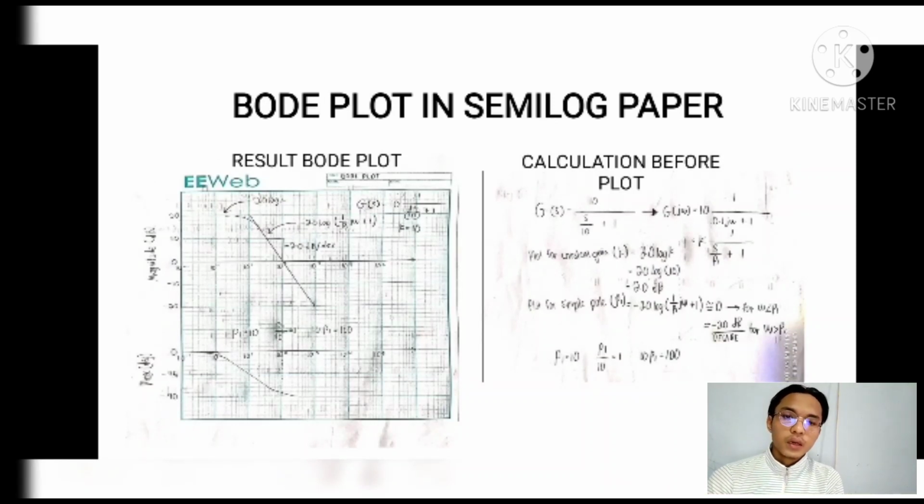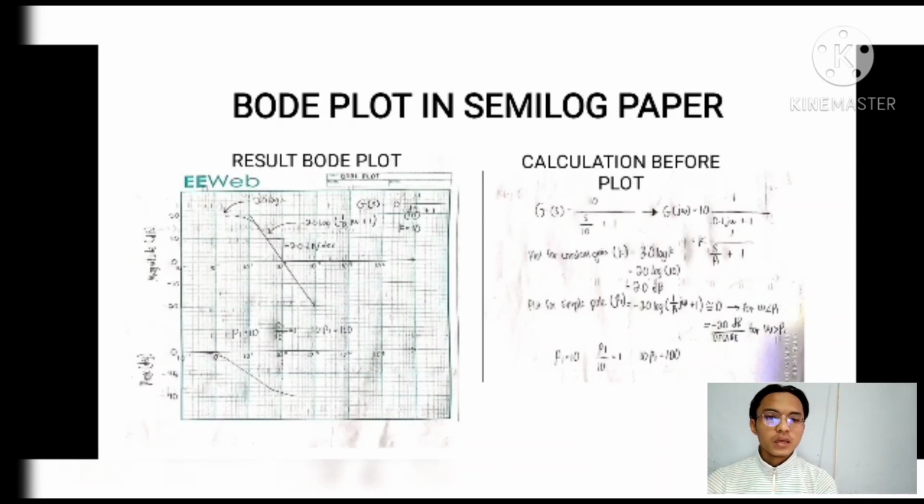Okay, after we get the transfer function from the circuit, now we can do the Bode plot on the semi-log paper. To do the Bode plot on semi-log paper, we need to do calculation first. Based on the transfer function that we get, G(s) equals 10 over s over 10 plus 1. We need to change G(s) to the frequency domain. After that,